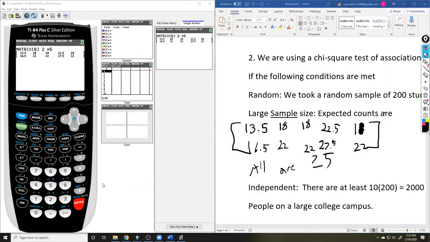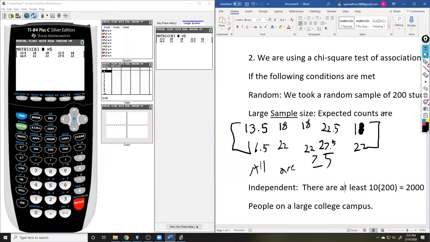Isaiah, did you have a question? Yeah. Do we have to write down the entire matrix every time we list the expected counts? If you're listing the expected counts, I believe another way they'll accept it is